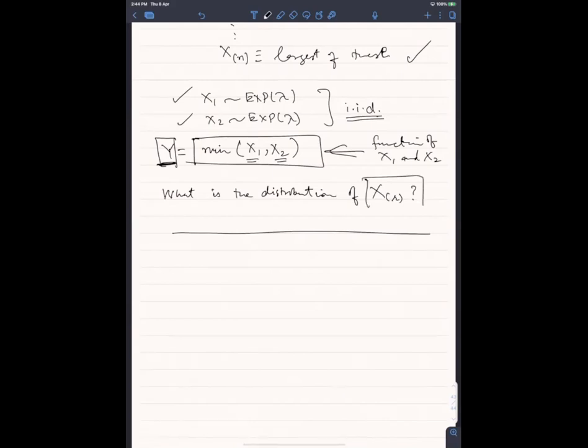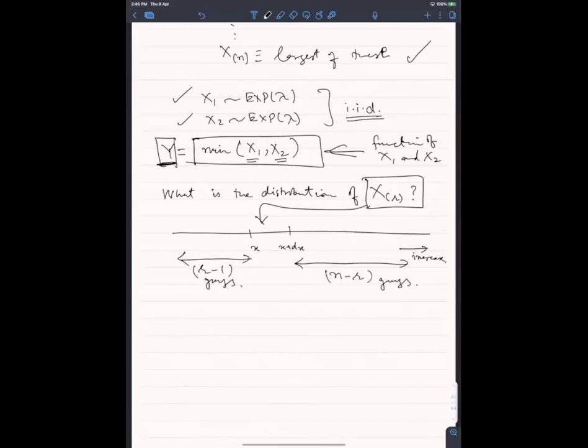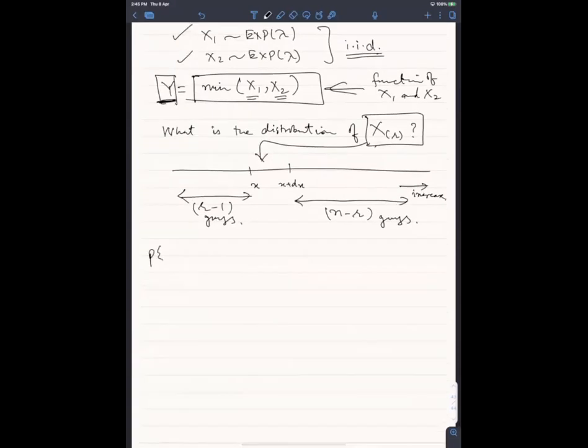सो rth guy की डिस्ट्रीब्यूशन में मैं इंटरेस्टेड हूँ। So let's say values increase in the right direction, ठीक है। सो लेट्स से कि ये x और x प्लस dx, ये बहुत छोटी जगह है, let's say your rth guy falls somewhere here, इसका मतलब है कि you will have r minus 1 guys which are smaller than this because this is rth, okay, and then there will be the remaining n minus r guys which will be larger than this, so ये इनके बीच में आएगा कहीं पे, ठीक है। So the probability that your rth guy is between x and x plus dx, ये इनके बीच में है, ठीक है।